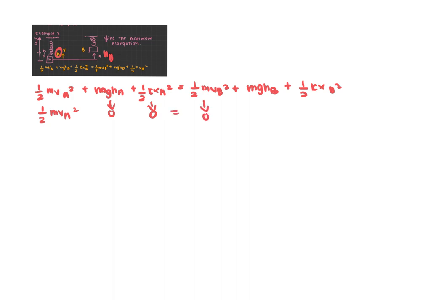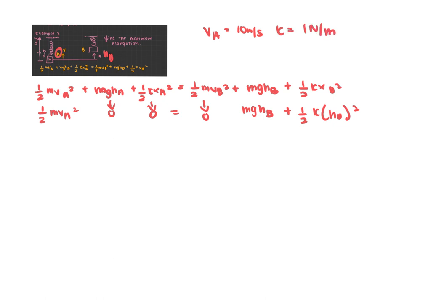We would have to find the height and also that elastic energy that we're talking about, half k HB squared. So let's just say that VA equals 10 meters per second, that k is equal to 1 Newton